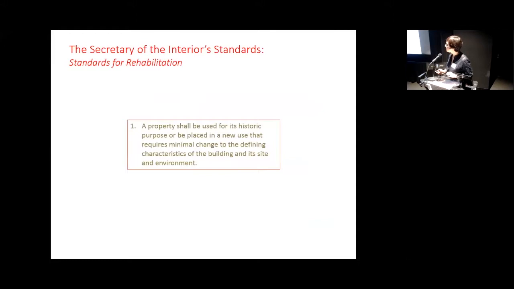A property shall be used for its historic purpose or be placed in a new use that requires minimal change to the defining characteristics of the building and its site and environment. So what's the first thing you need to know once you've established that something is historic? The first thing you need to know is what are the defining characteristics of the building and its site or